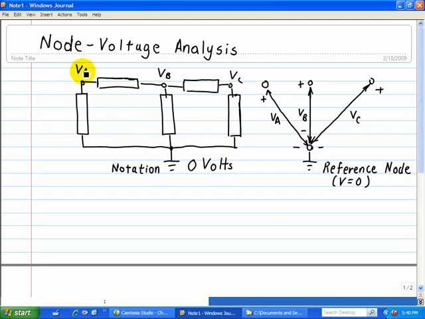So here we have node voltage A and voltage B, and let's say this is device 1, 2, 3, 4, and 5. Now we want to find the voltage across, let's say, element 2. Well, the voltage across element 2, we'll say V2